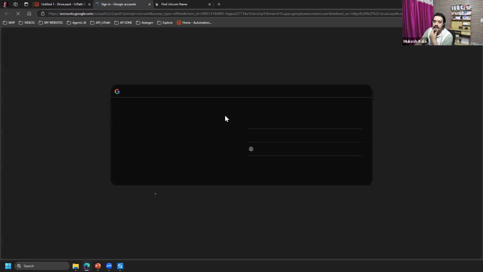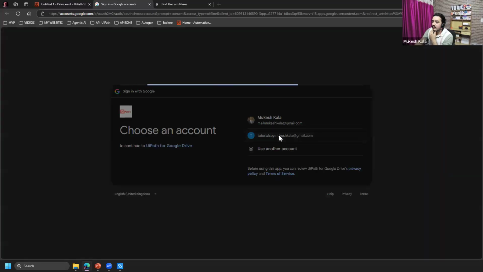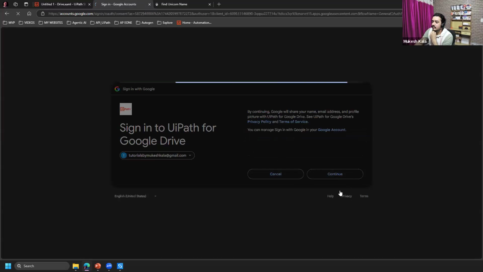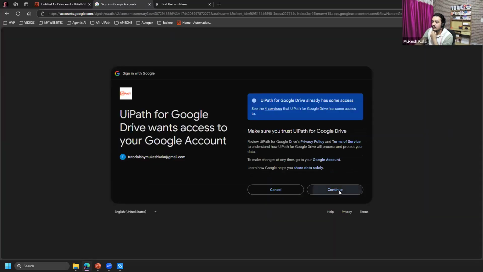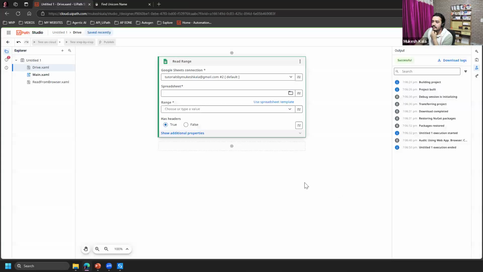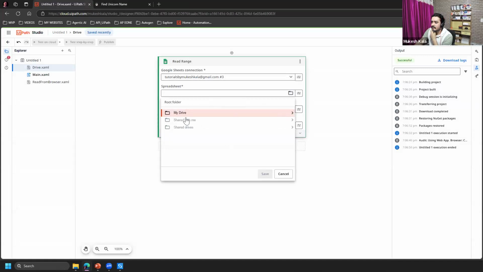Which Google Sheet do you want to connect? I want to use this account. I say continue, continue. Okay, integration is loading, connected, right? And here, okay, it's loading.